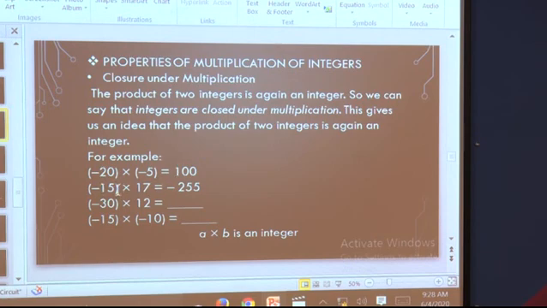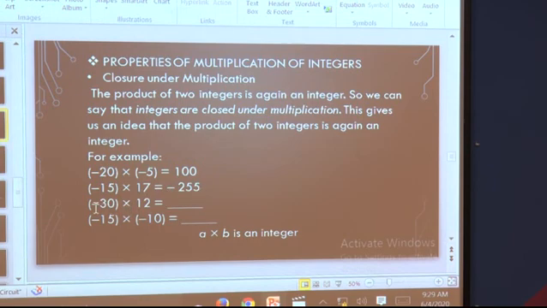Another example, minus 15 multiplied by 17. What is here? I have taken 17 as a whole number here. So, one is an integer and another is a whole number. So, minus 15 into 17. What do we have to do here? Very simple. 15 multiplied by 17, you can do the simple multiplication and what is your answer? It is 255. Here, because we have one negative integer, that is an odd number of times, so we write it as negative, that is minus 255.